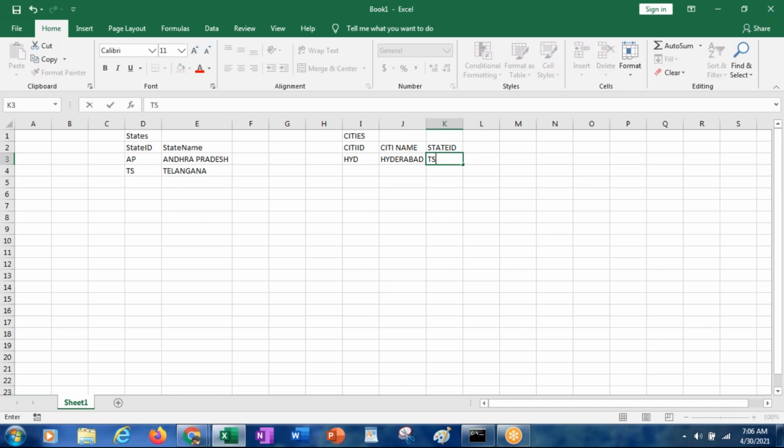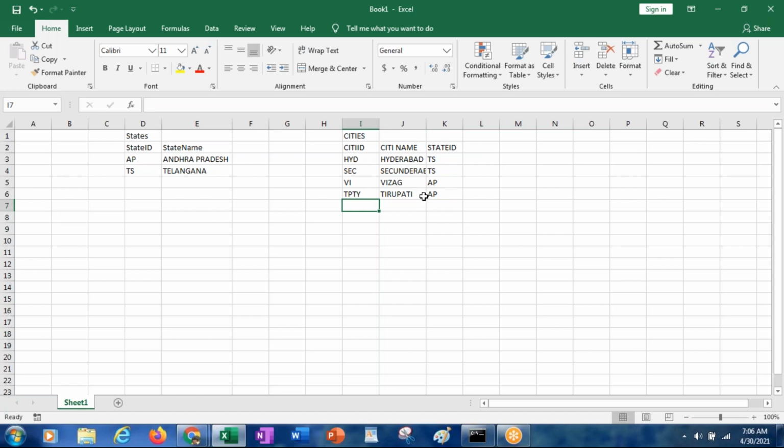So we have to give TS here. Secunderabad, TS. Here Vizag, and then that is AP. AP. Like that.